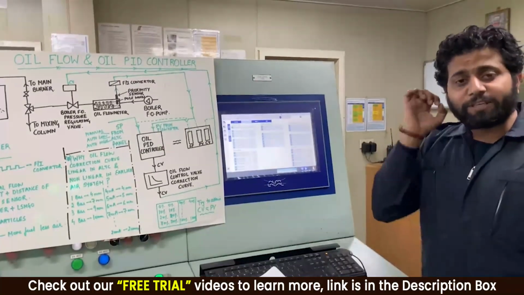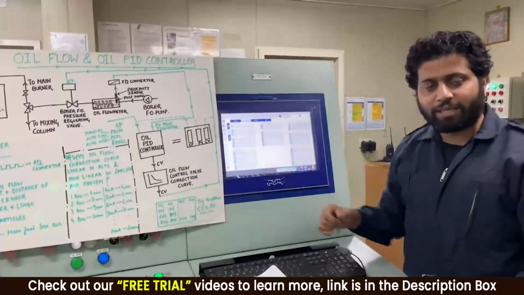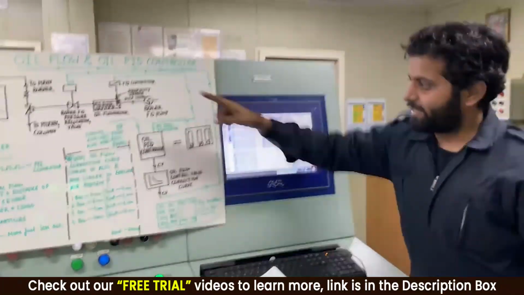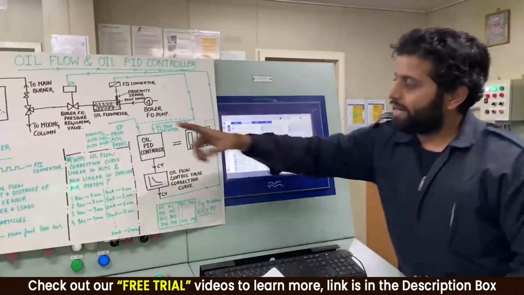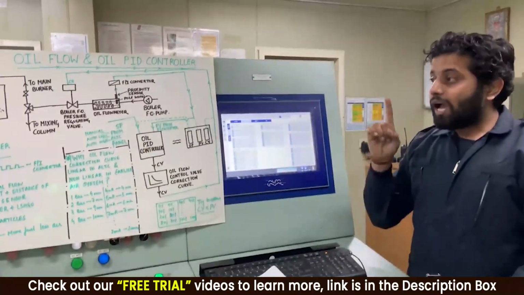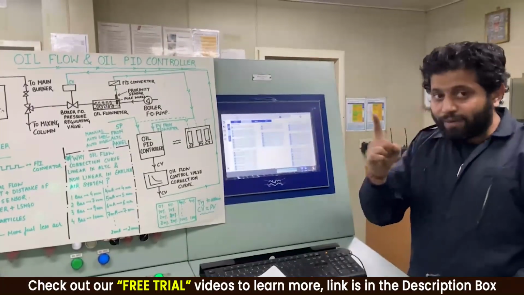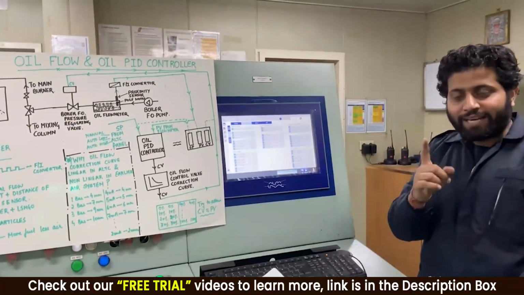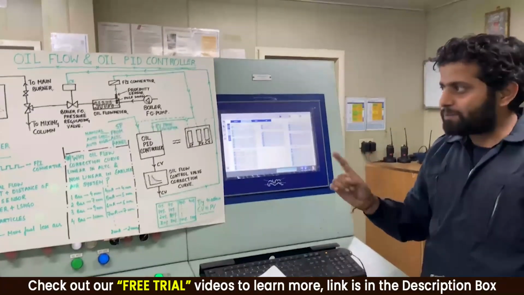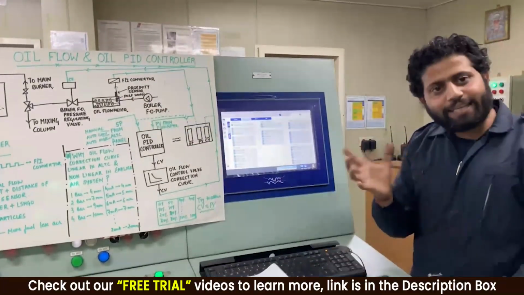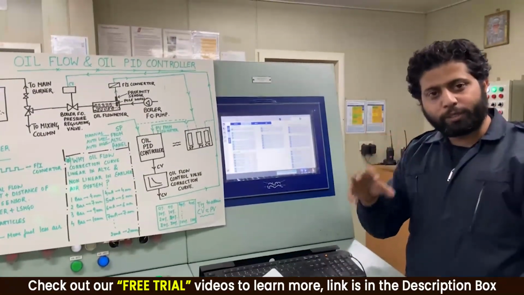Guys, this is something very important. So now, if my oil servo error is coming, what can be the reason? It can be the oil flow meter, it can be a defective oil PID controller fluctuating, it can be this pressure regulating valve stuck, and one more thing, maybe my airflow is not proper. Because if my airflow is not proper, then my set point for the oil flow will keep changing, and that can also hamper the process, right guys? So this is something that you have to give importance to.